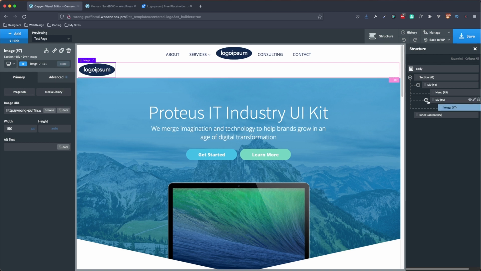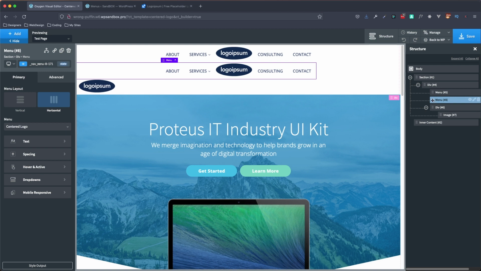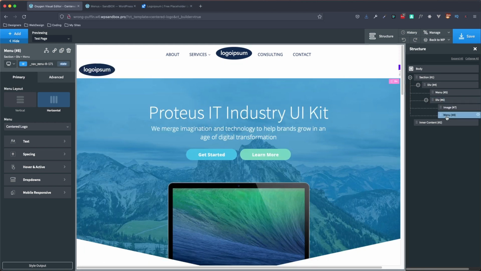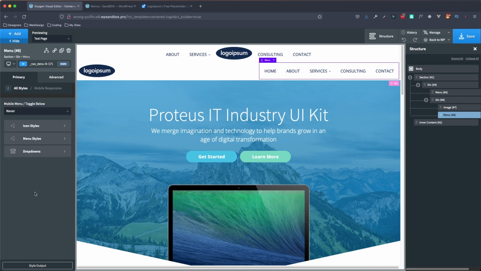And next, what I'm also going to do is take this menu and duplicate it, and I'm going to drag it all the way down here and here, and then I'm going to choose my mobile logo. And the reason I did that is because we're going to set this under mobile responsive to